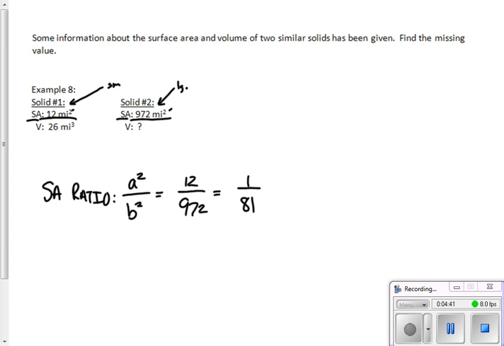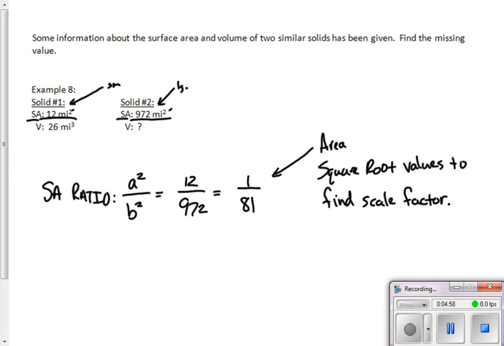So in order to find out a scale factor, I would have to actually take this value here, which is an area, so you need to actually square root those values. Once you square root the top and square root the bottom, you'd find out that your scale factor is 1 over 9. So now you're going to use this scale factor,